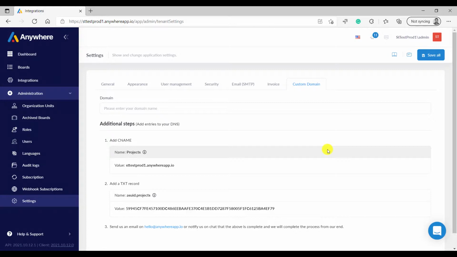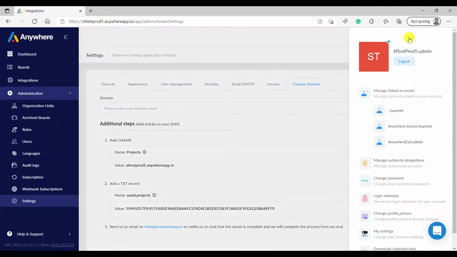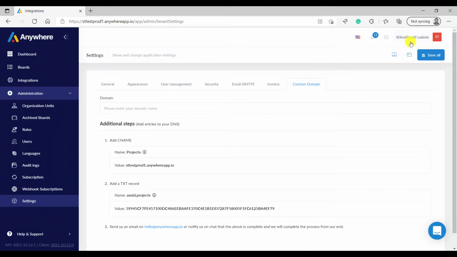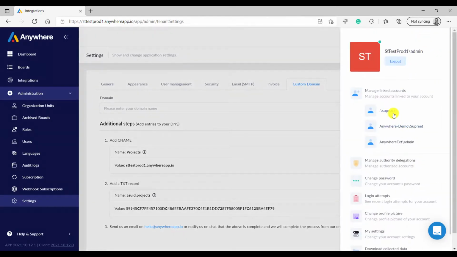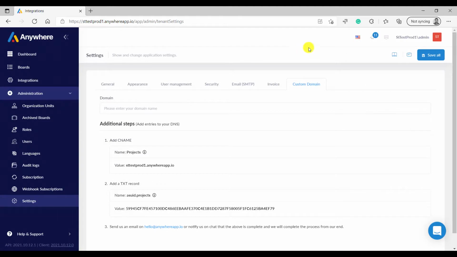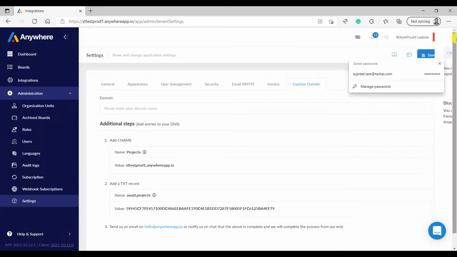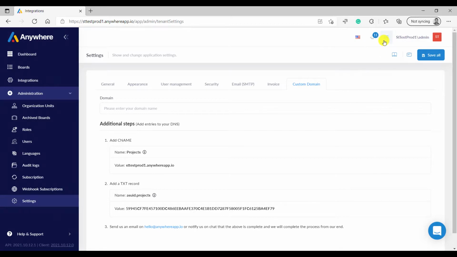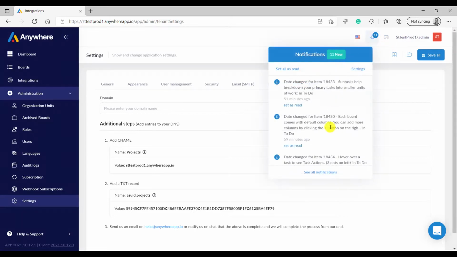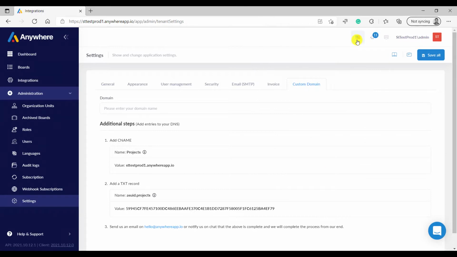You can use your own brand name if you want, and you can also configure all the emails to be sent from your own customized email. So that is available over there. The next is your options. Your profile is over here on the right side. You click in there, and if you have multiple Anywhere accounts, you can link them all together. There are a lot of options available for you, which are all self-explanatory, so we'll not go into detail. You can use the chat option over here to chat with other team members, one-on-one private chats. Share files, links, all of that can be done from here. All the notifications within Anywhere are available here, and you can change your personal language via this option.